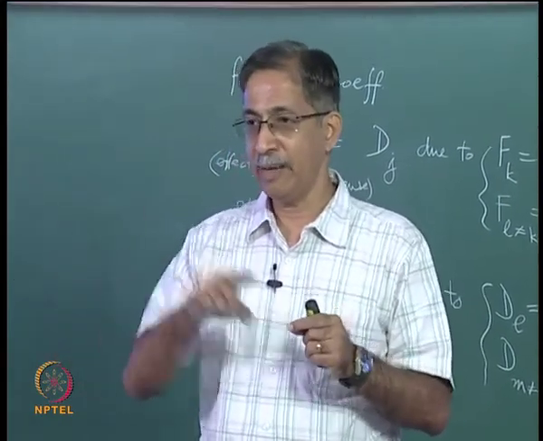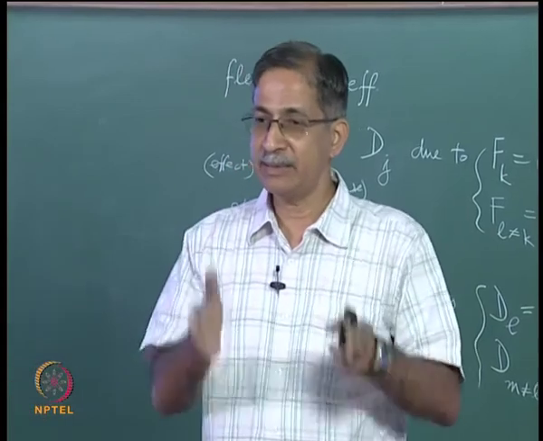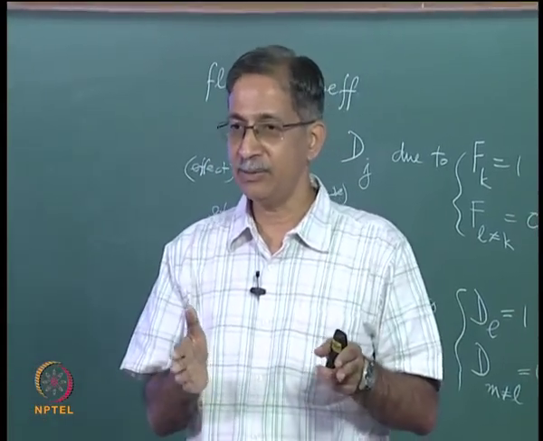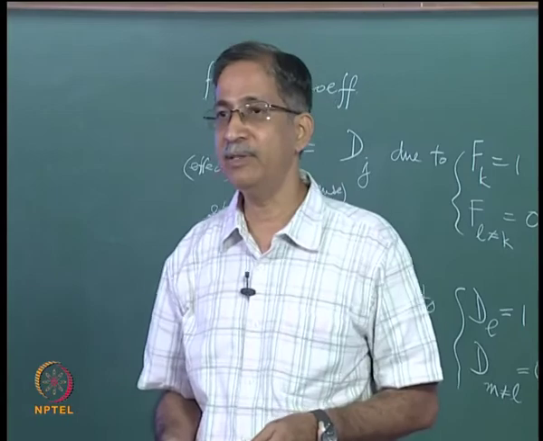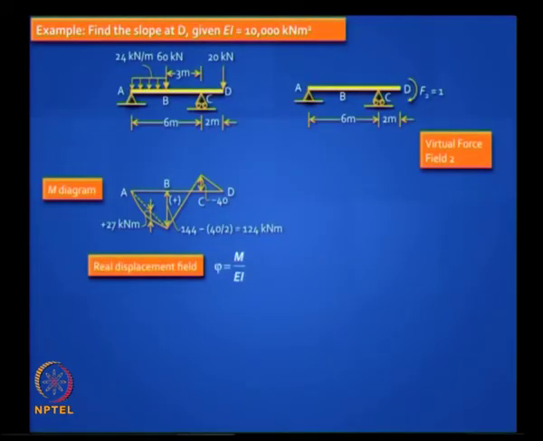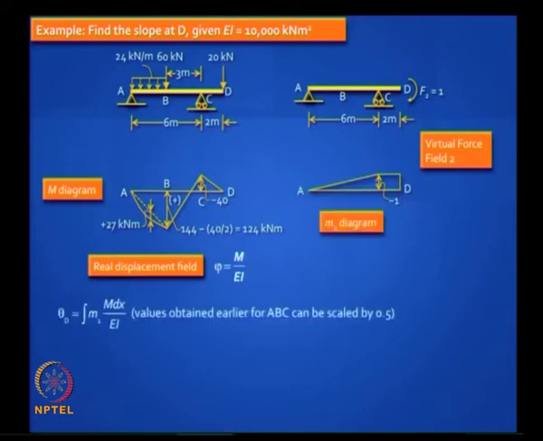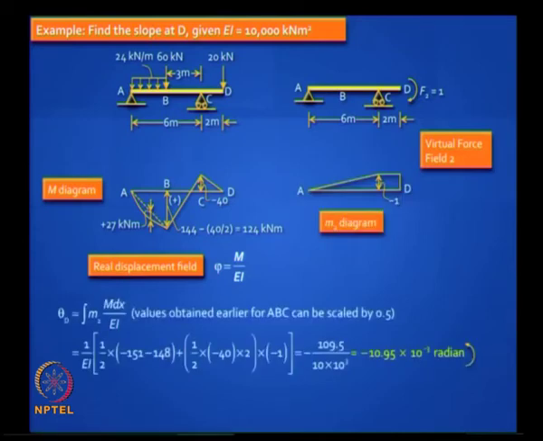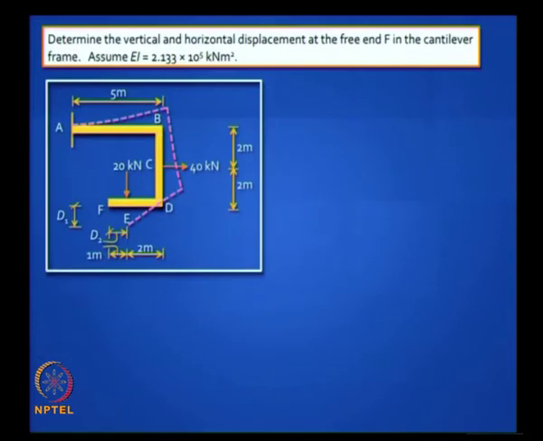But if you have a break in the line, then you must restrict the integration to that region where you have the change in slope. So you work this out, you can get the answer. In this case, that is the value that you get. Okay, and if you need to find the slope, you do the same thing, but now you put unit moment, you get this shape, and then you can work out the answers. It is similar, you get something in radians.